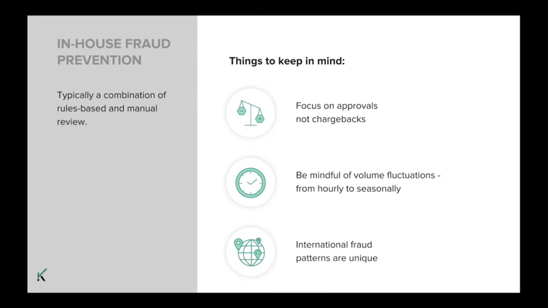And just to quickly touch on what Dean mentioned before, with rules-based, each order is approved or declined based on a predetermined set of rules. While this approach has the benefit of making quick decisions, the system requires a lot of maintenance as rules need to be created and updated based on the knowledge of previous chargebacks. And then manual review, each order is reviewed by a fraud analyst before it is approved or declined.